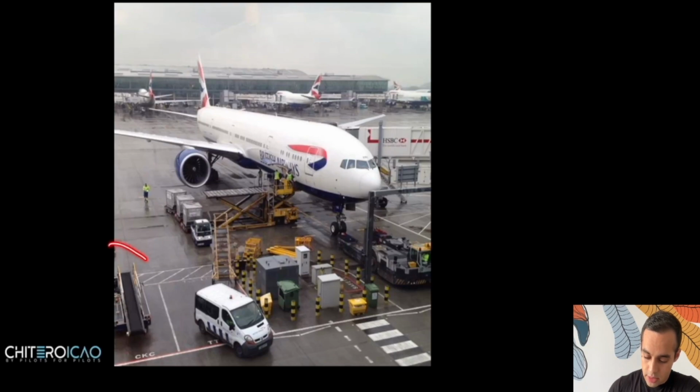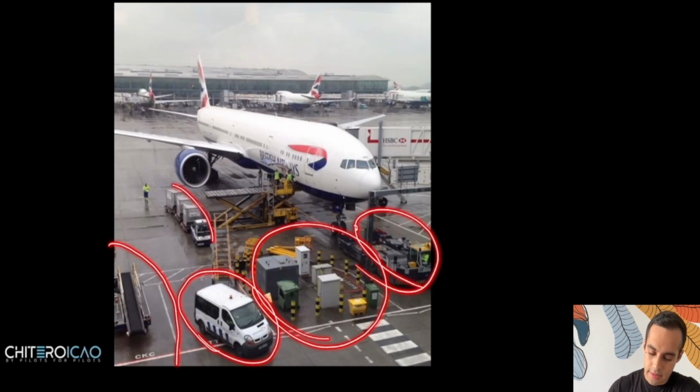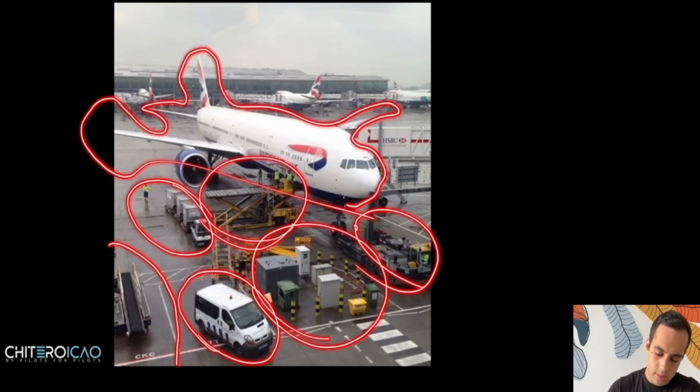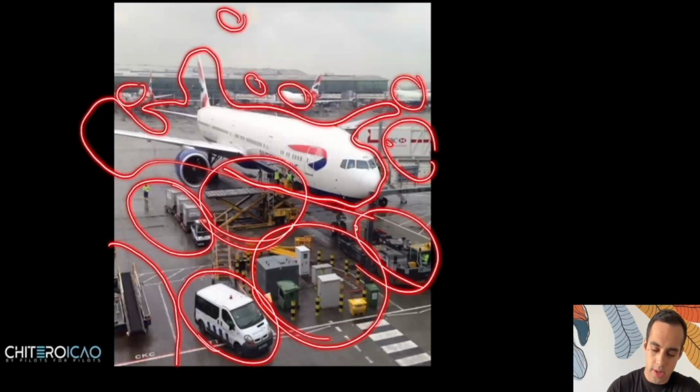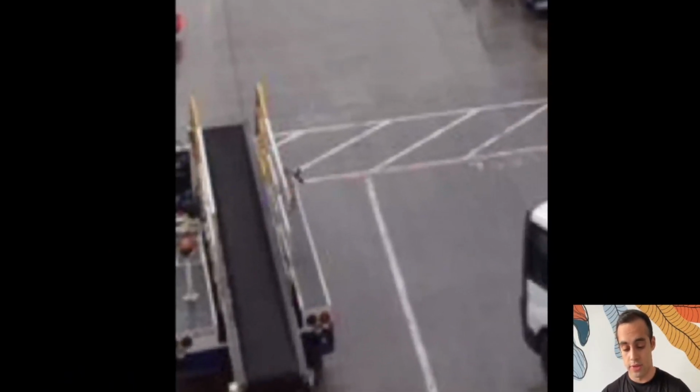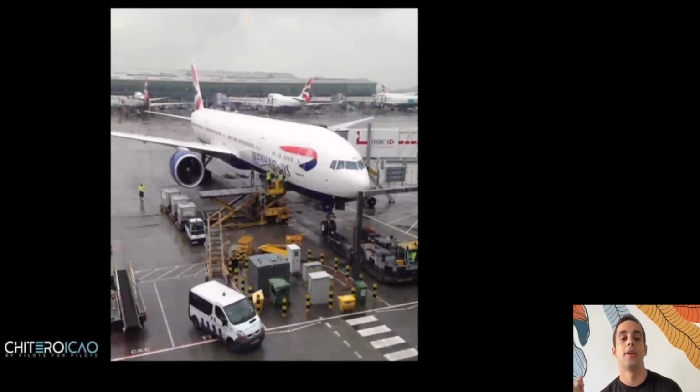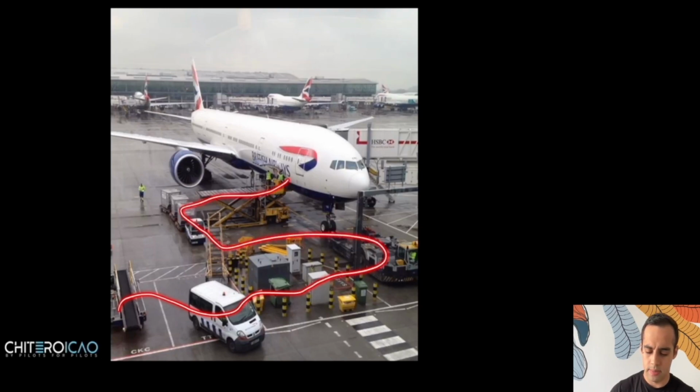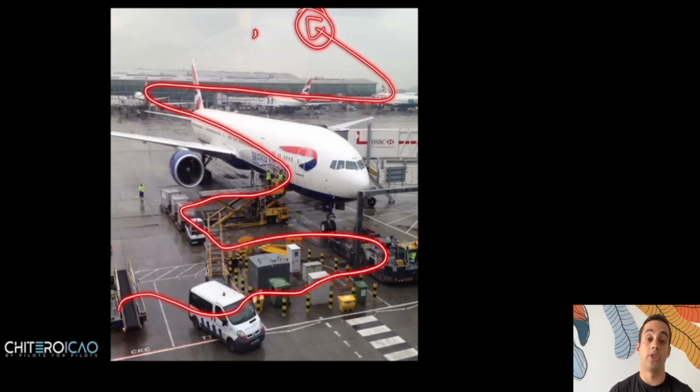So I'm always looking at this, and then I have this area, and then I have this area, and then I have this, the aircraft, of course. Then I have this area, and then I have the aircraft in the background, another terminal, and this. This is what I see when I look at a picture. I don't look at everything. I focus on this, I focus on this, I focus on this. And since I'm following the picture, I'm just following whatever I can see. I don't need to look at the entire picture. I need to scan the picture and mention everything. And that's how we're going to do it.